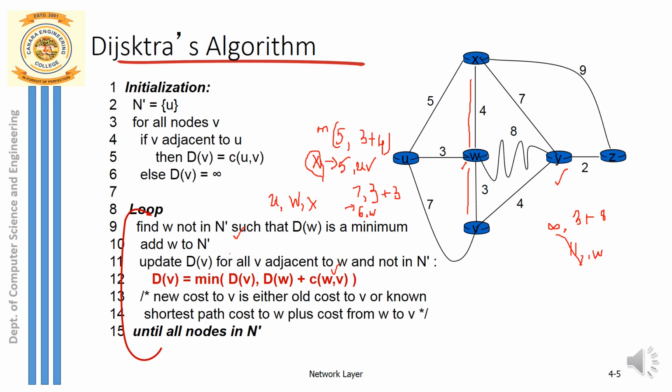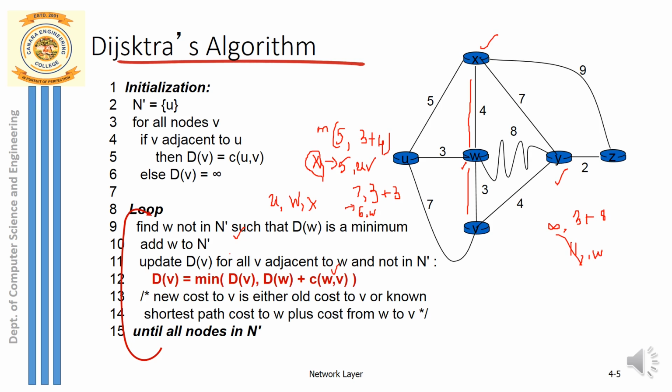And now you go to the next continuation of the calculation of the shortest path. This time you have added the node X, right? So now you have to look for the neighboring nodes of X. Which are the neighboring nodes of X? W, Y and Z. But already I guess we have calculated the distance from node U to W, so I don't have to calculate the distance from node U to node W anymore. Now all that I have to do is the calculation from source node U to the node